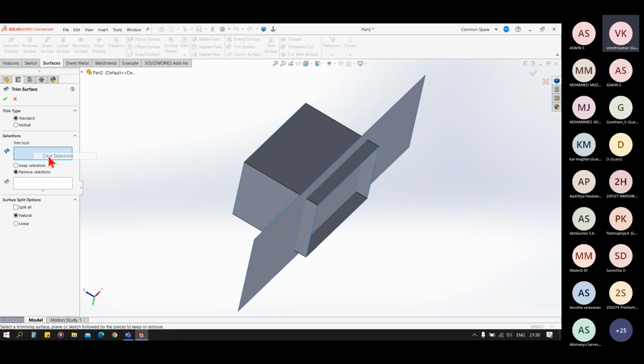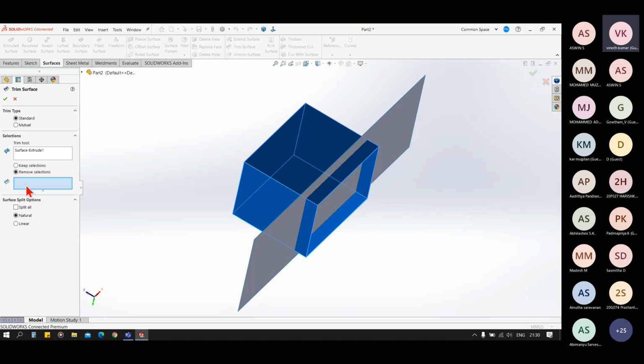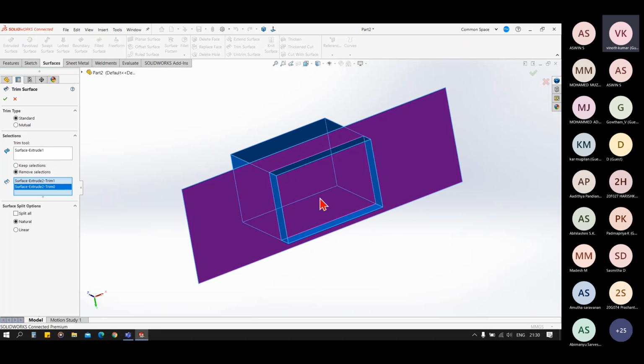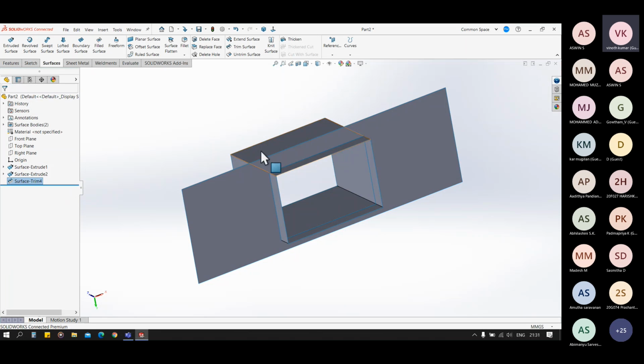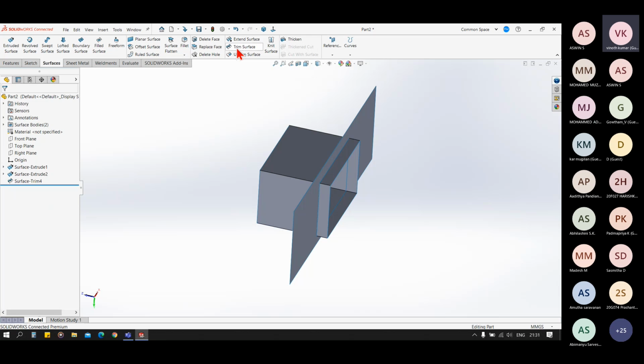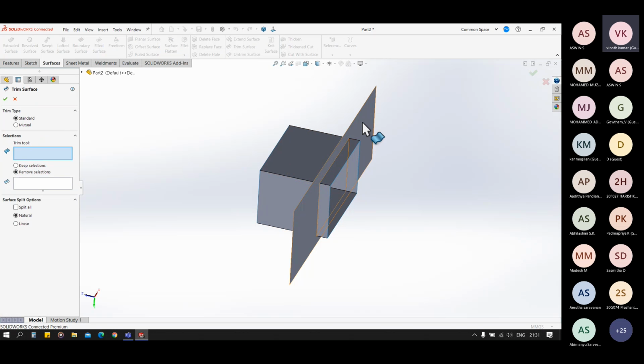Let's suppose I delete it and do the same with the standard tool. For that I will have to remove this. And again in the standard my trim tool will be this and I will remove this edge.